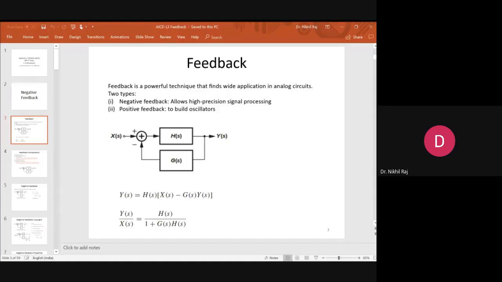So based on the sensing of the voltage or current at the output and giving input as a voltage or current, four types of amplifiers were designed. That was your voltage amplifier, transconductance, transresistance, and your current amplifier. And each amplifier has their own characteristic, that where the output resistance will be high and where the output resistance should be low. If we are doing series connection, then resistance will increase. If we are doing shunt connection, then resistance will decrease. And then based on this, the topologies names were there, like voltage current feedback, current voltage feedback, and another name was like series shunt and shunt series.